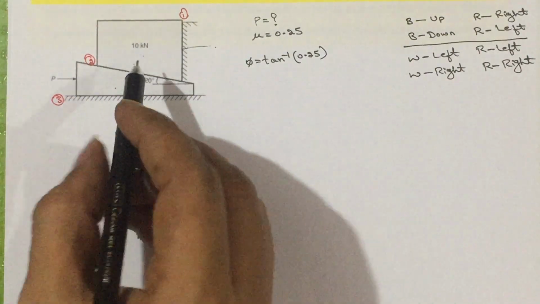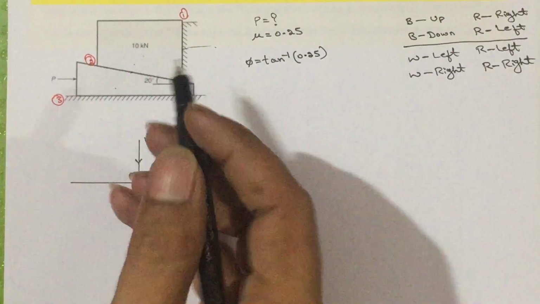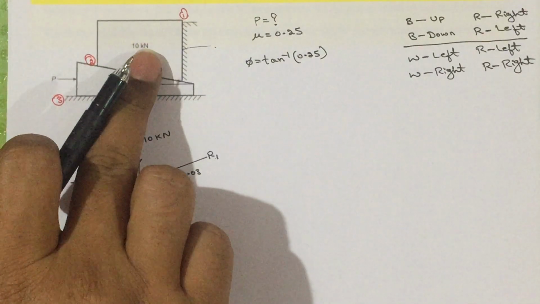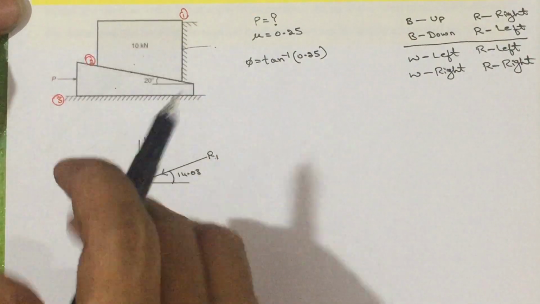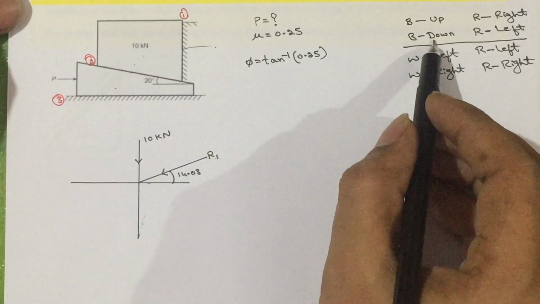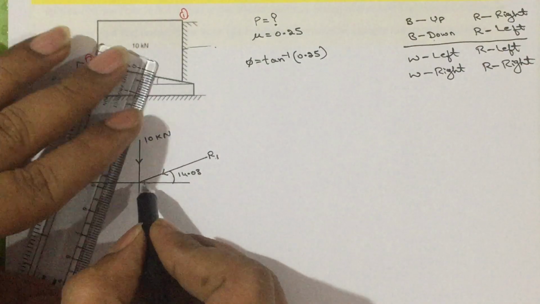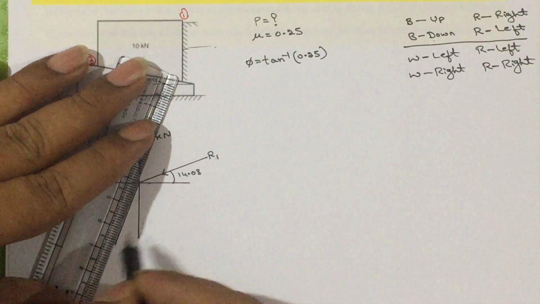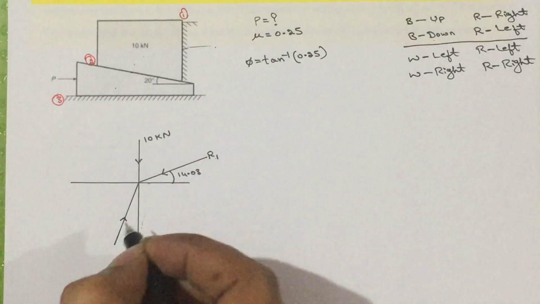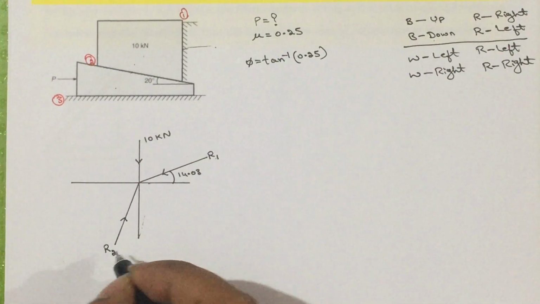degree. Then here we have the second contact surface. Here you need to write the reaction. If we push the wedge, this block is going to move upward. Okay, the reaction is like this. So if the block is going upward, then the reaction will be in the right quadrant. So write it here: reaction at the second contact surface.